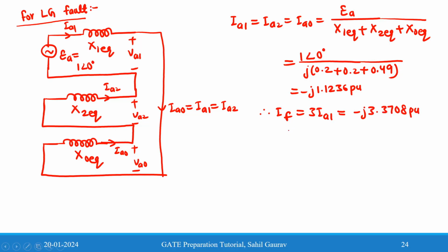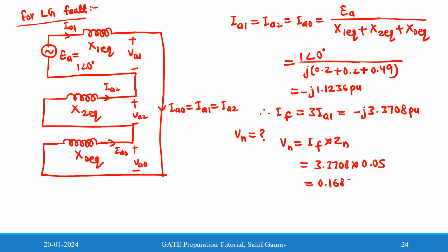Now how we can find the voltage of neutral with respect to ground? So we have to find this Vn, and Vn we can write as If into Zn. So If we have found this as 3.3708 and Zn is given as 0.05. So this is coming as 0.16854 per unit,